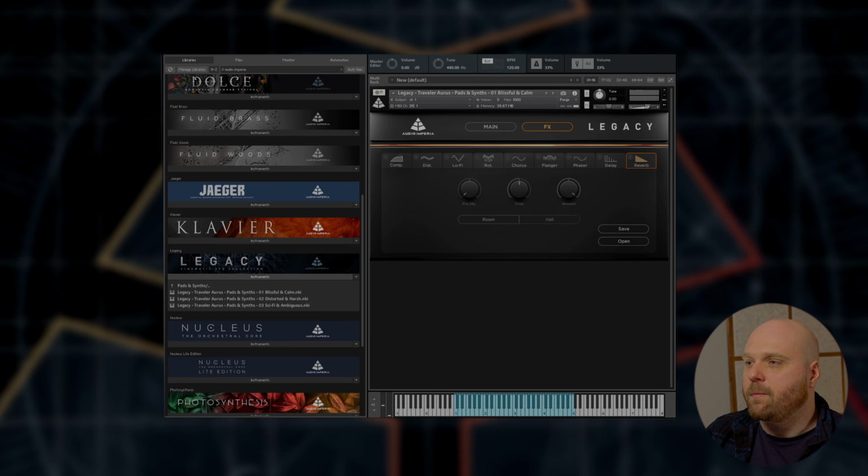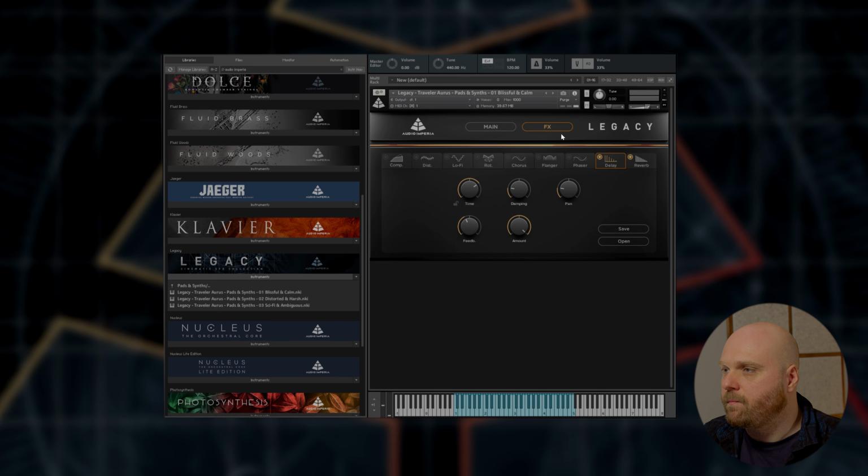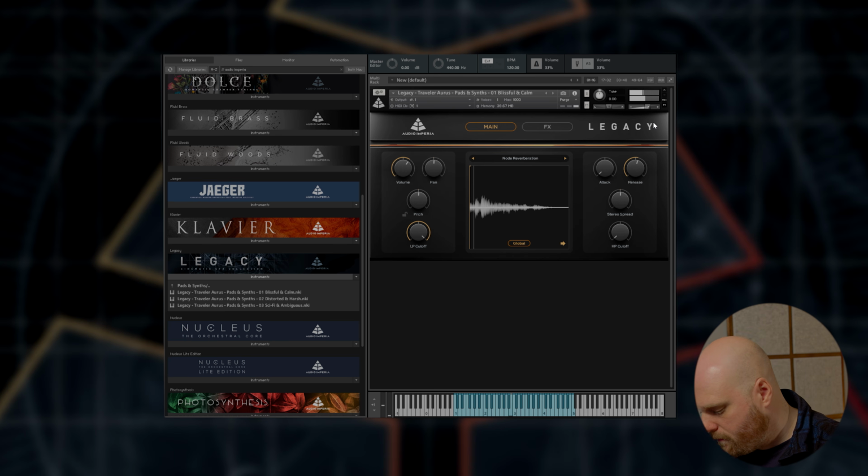Let's just add some really big reverb to that, and maybe some delay as well. See what we get. So you can hear a huge amount of really great sound design options in the FX tab, but also if you just want to use the sounds as they come, they're already designed and curated in such a way that they have instant texture, instant playability.